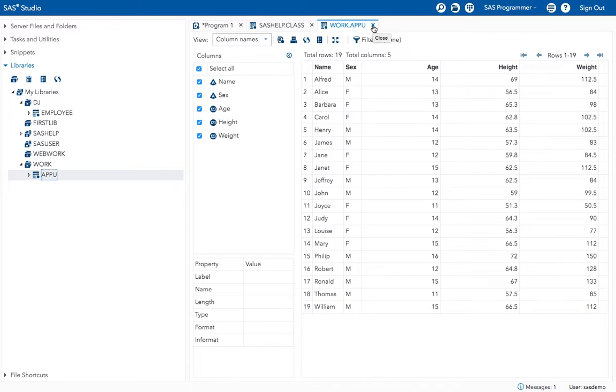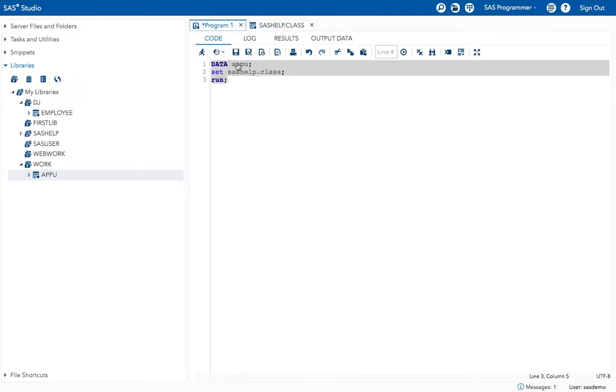So how I did it, basically I have given the data statement and the set statement. SAS help, or any other library, from any library you can give the library name here, and the dataset name, library name dot dataset name. And here in the data statement, the name that you want to assign to the dataset that you want to bring in. Okay, is it clear?